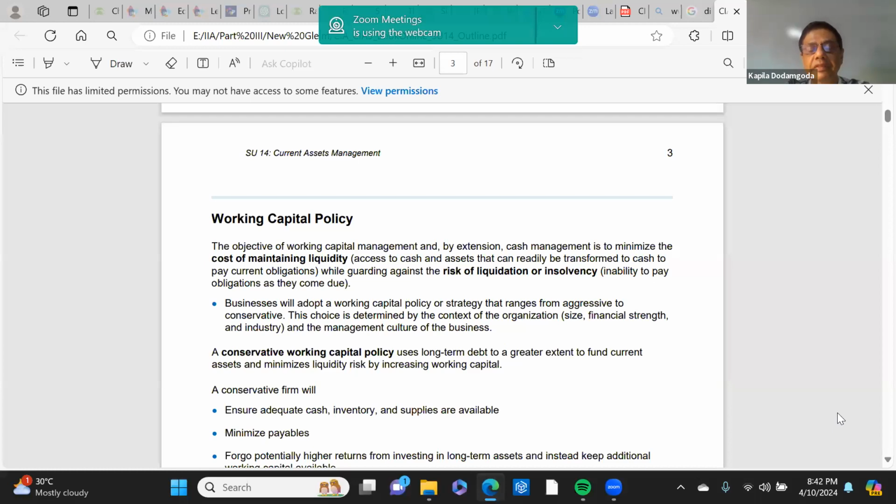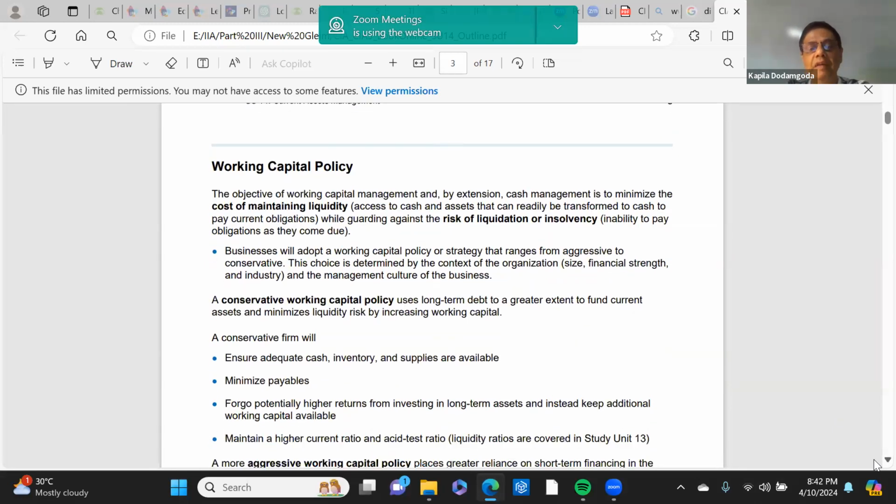Whereas an aggressive organization may not have the long-term funds, as they are supposed to be costly. An aggressive organization may want to fund a greater part of their working capital not through long-term funds, but mostly through short-term funds, where the financing institutes can decide not to offer these long-term funding options, right? And they may demand early settlement. All those things can happen, right? So that is the difference.